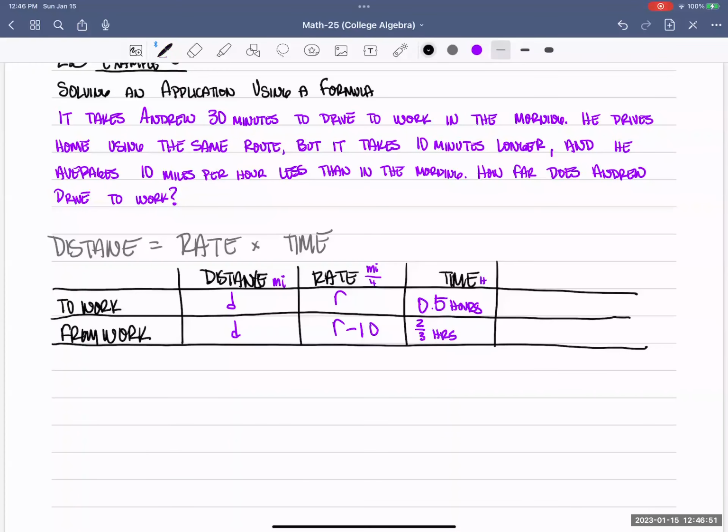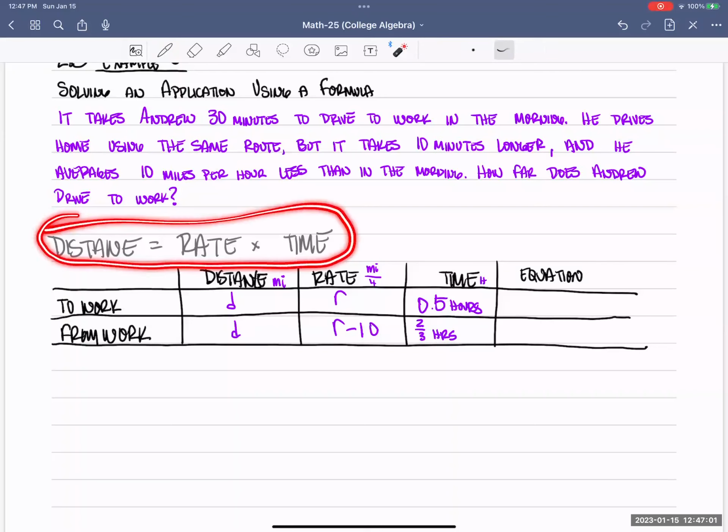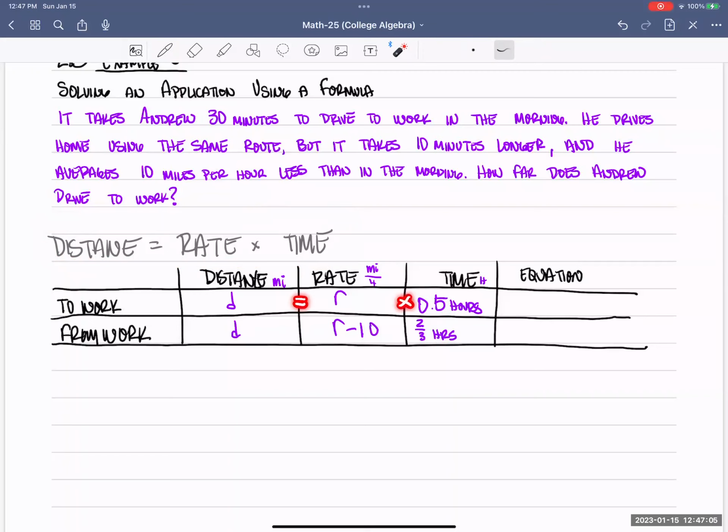Okay, so now from here, we could set up our equations. So our equation for this first part, we have distance is equal to our rate times time. So distance is equal to our rate times time. So D is equal to R times,